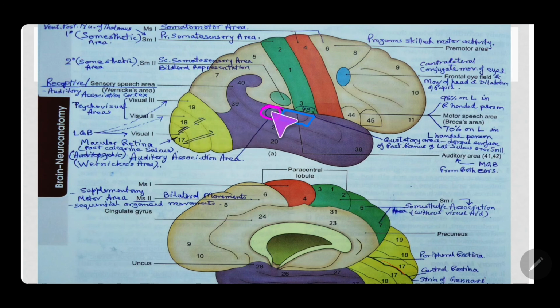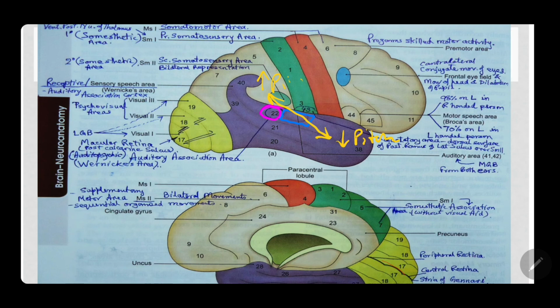Now this is the auditory association area. So what do you mean by auditory association? It means you are hearing the high pitched sound. Where were you hearing the high pitched? In the posterior medial portion. The high pitched sounds were conveyed here, and the low pitched sounds are perceived here. The high pitched are perceived here, okay, at the posterior medial end.